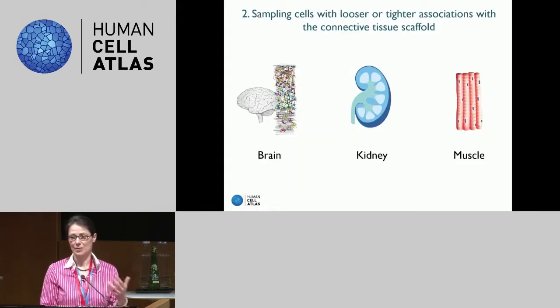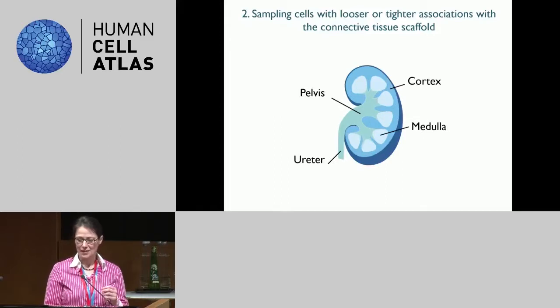So, for example, the brain may be more easy to dissociate than, say, the kidney or the muscle in particular, which has a very dense connective tissue network. And also the characteristics of the cells themselves, their size, or whether they have extensions that are very lengthy, are going to be challenging. And